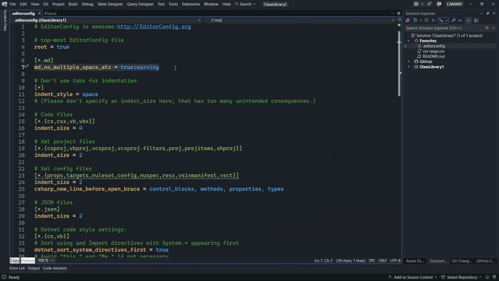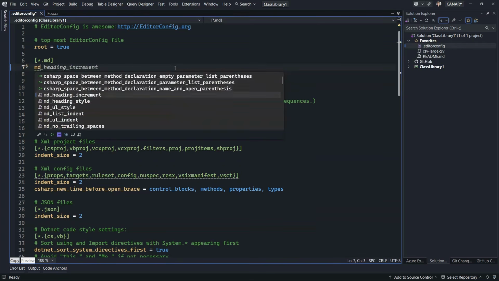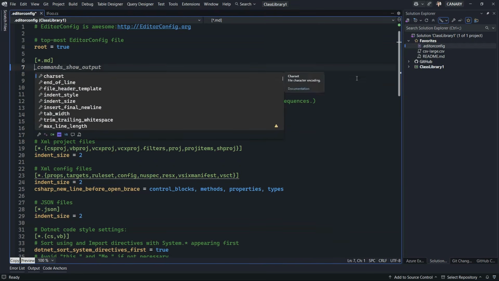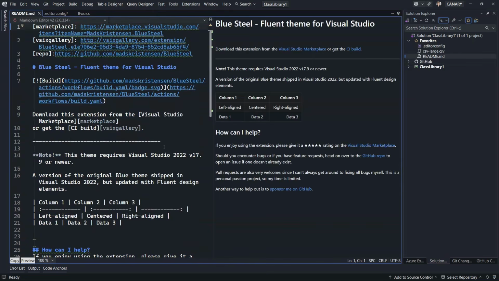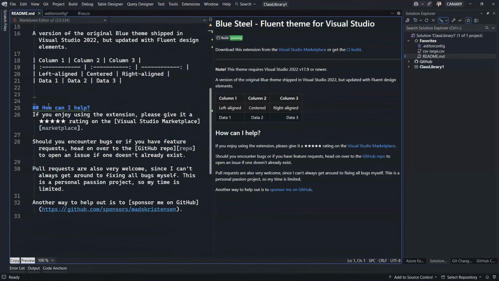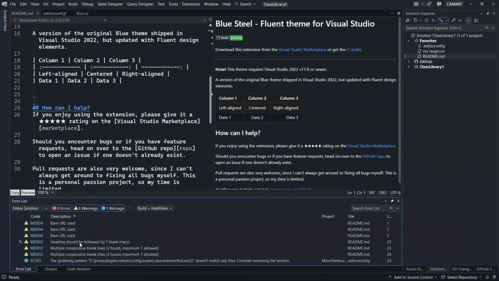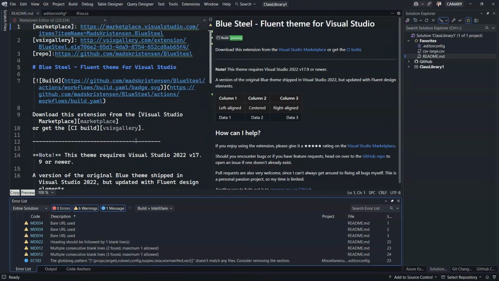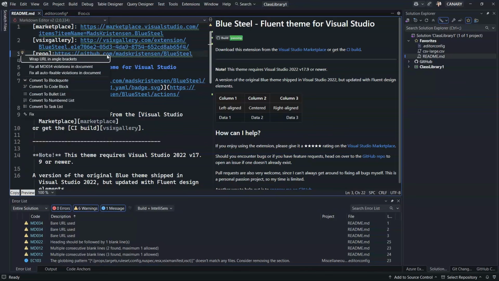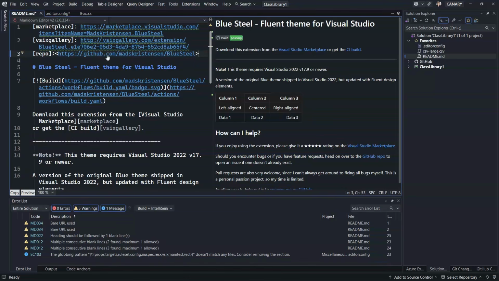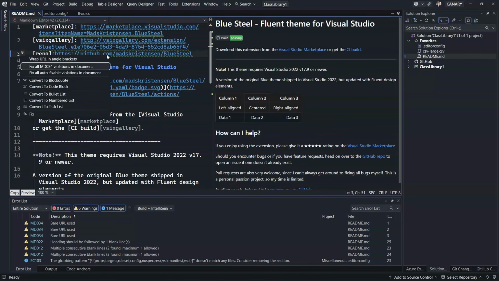The next one I want to show you has to do with this here. We were talking about the Markdown stuff. I got MD and a bunch of Markdown rules here, and that's because we now have Markdown Lint. So here's a Markdown file, and I got some errors showing up here. There we go. That violates best practices when it comes to Markdown. I could go in and fix these. There are code fixes for everything. If I just press Control Dot or Alt Enter to see the code fixes, you can see here I can just wrap that URL in angle brackets, and that fixes that issue. Or I can fix all of them in this document, or I can fix everything that it's able to automatically fix in the document. That's kind of nice too.